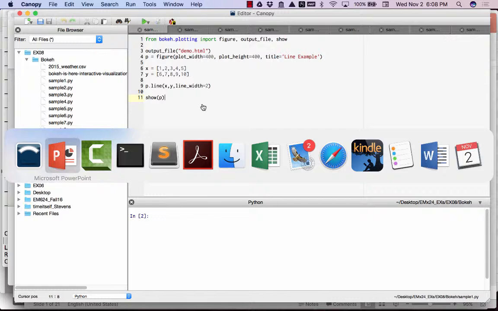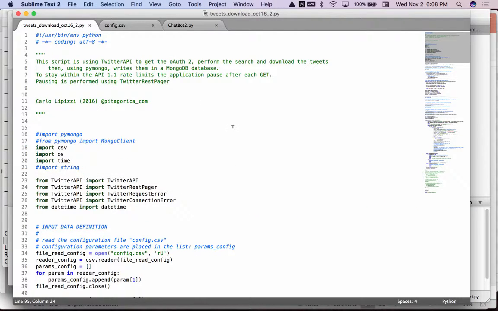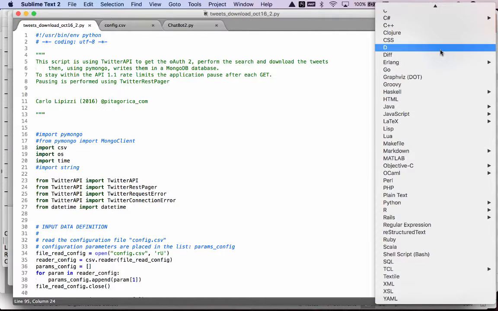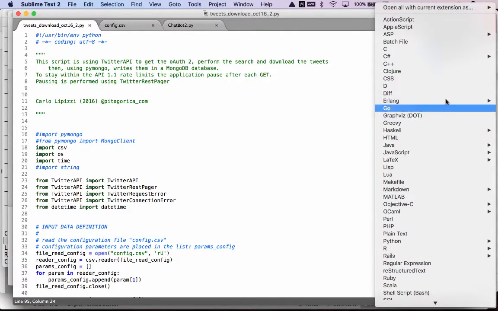So what I normally do is to use a very basic text editor like this one, that is Sublime Text 2. But any text editor is okay. This one has some customization for different languages,